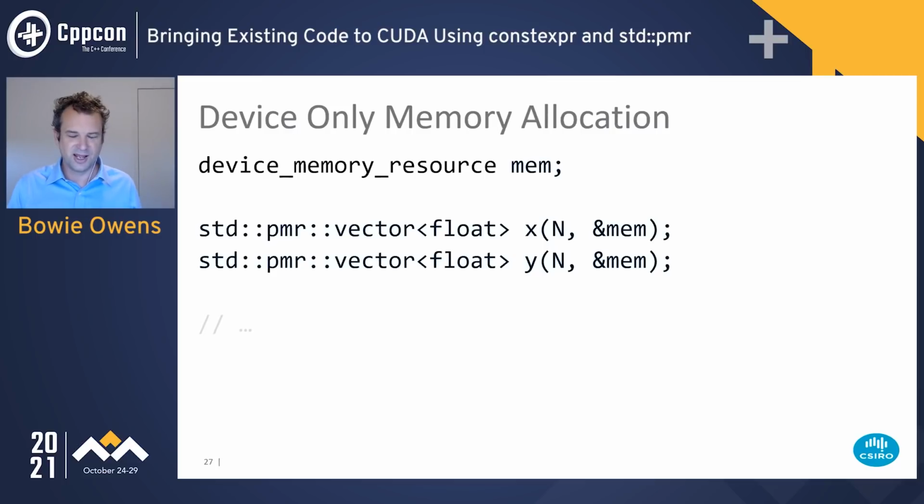So now making use of this memory resource, very similar to what we saw before, we're going to instantiate an object of our new type, device memory resource, similarly pass it to the constructors of the vectors. But the important difference now is,